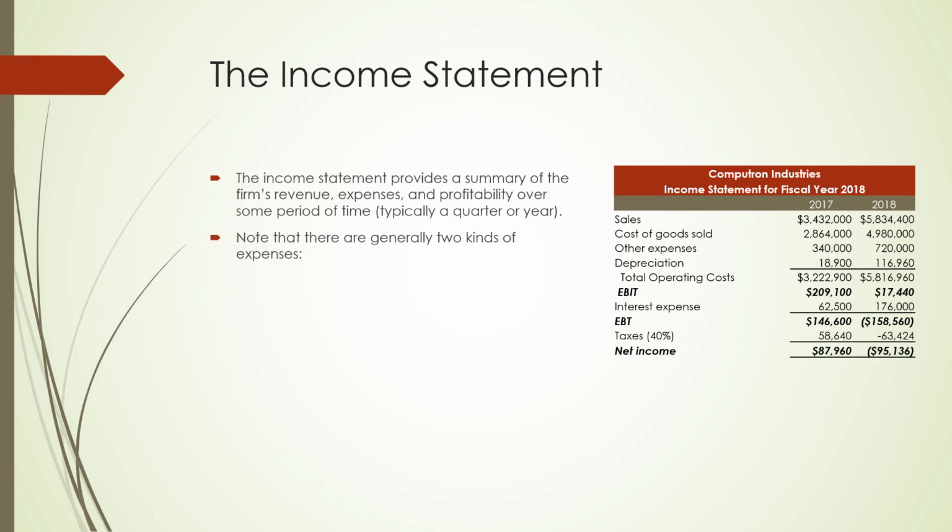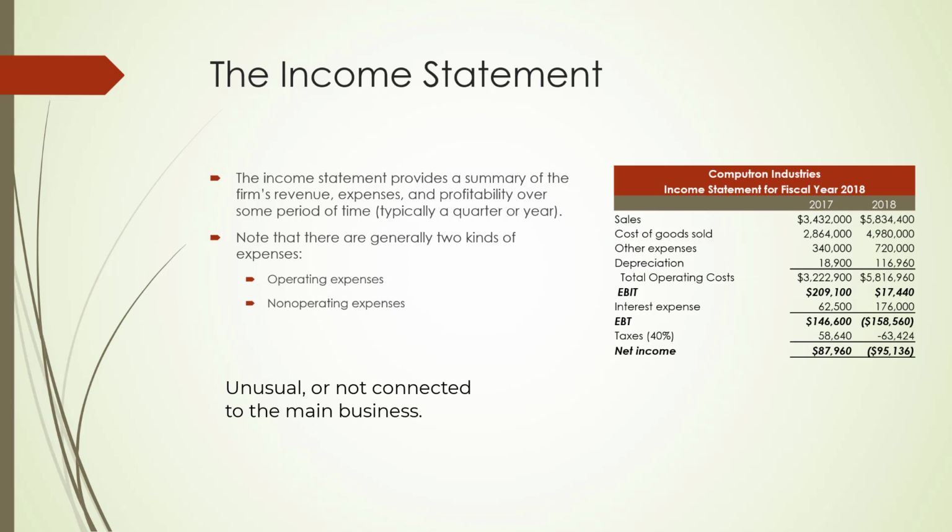Now, on the income statement, you're going to find 2 different kinds of expenses. We have operating expenses. Now, this word operating is important, and we're going to run into it a lot from here on out. We like to focus on operations, that is the day-to-day things that go on in a business, the normal kinds of things, as opposed to non-operating, because operating is what we do all the time. The non-operating things are by definition